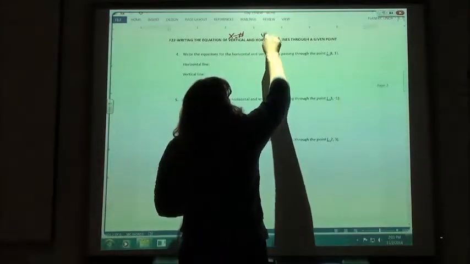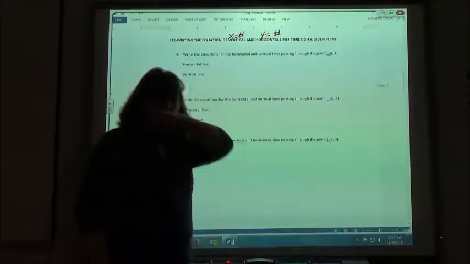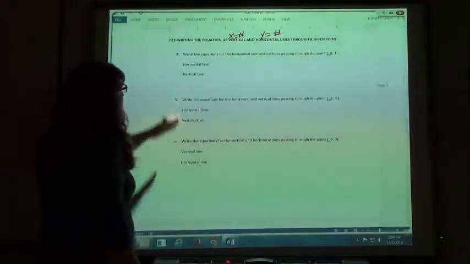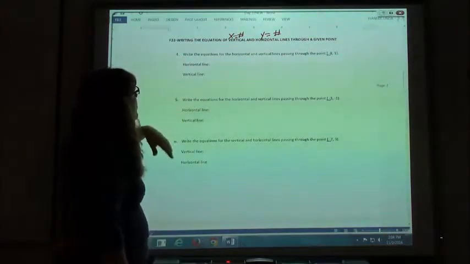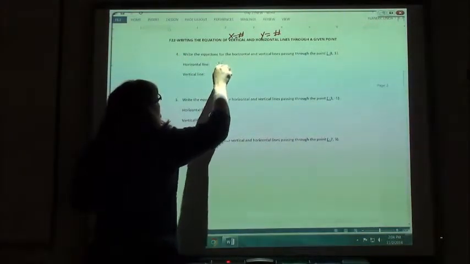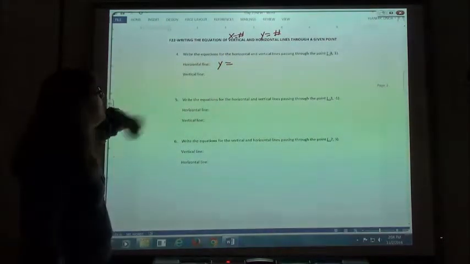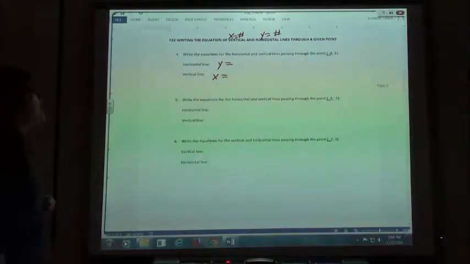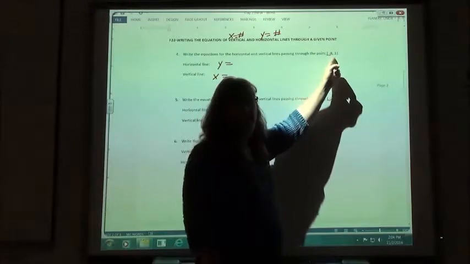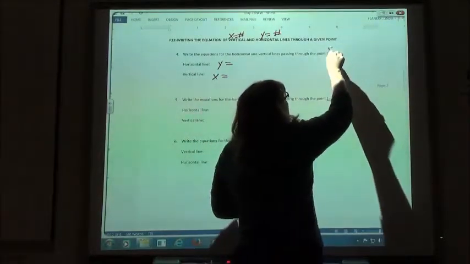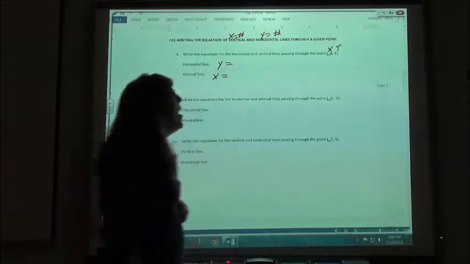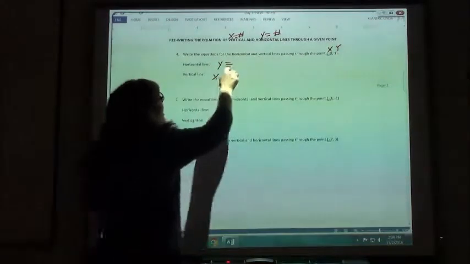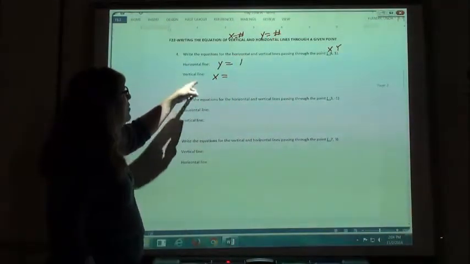Horizontal lines always start y equals, and I have my number. So it might be y equals 3, and it would go across the y-axis at 3. So when I want to write the equation of my horizontal and my vertical line, for my horizontal line, I know it always starts y equals. For my vertical line, I know it always starts x equals. Well, if I'm going to write the equation for a horizontal and a vertical line that has to touch this point, they want you to recognize that the negative 8 is the x value and 1 is the y value. So all I'm going to do to write my equation for my horizontal line, y equals 1,